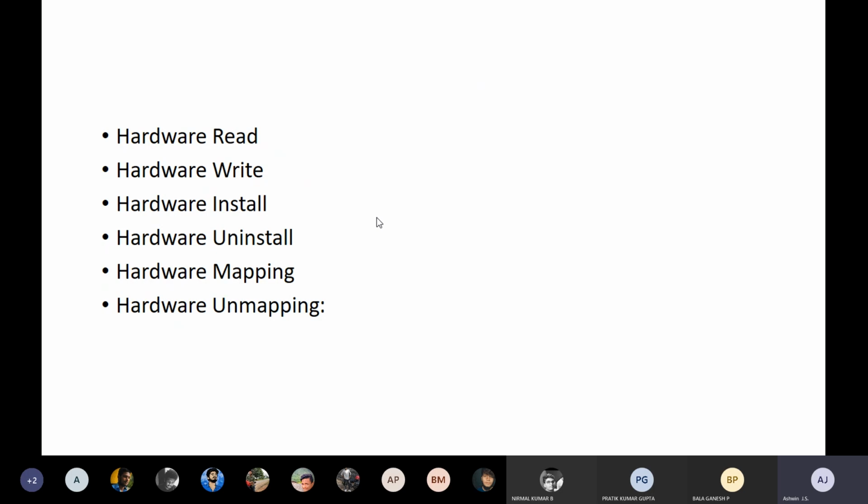And hardware mapping. Hardware mapping is used in the hard disk for address mapping, in order to store the device, and whether I am reading, writing or deleting the data, these can be done using the address mapping. And address unmapping is used for removing the data which is stored in your hard disk. So mapping is used for reading, writing, deleting the data, and unmapping is to remove. So whatever you did will be removed. These are the functions which we are using in the device driver.